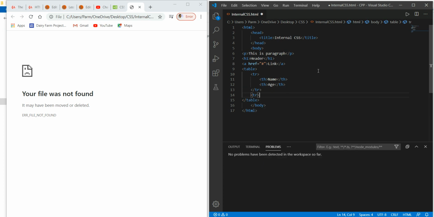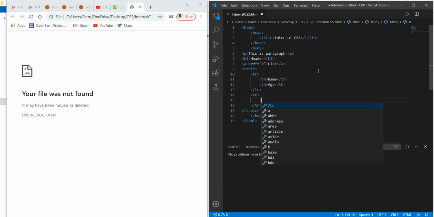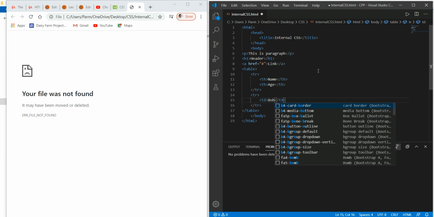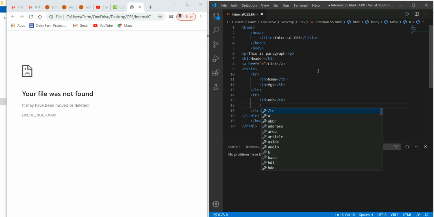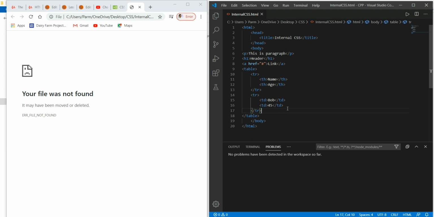Here again I have to create another row. For that I use the tr element, and in this I would like to put two values. One is td, name as Bob, and here I will put another value under age, say 45. Now let us save this with Control S, and again the same procedure.